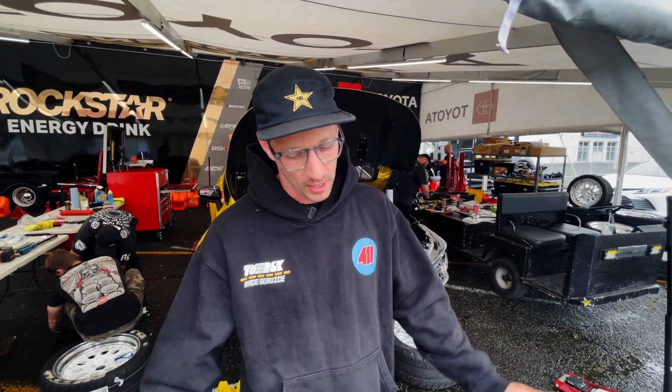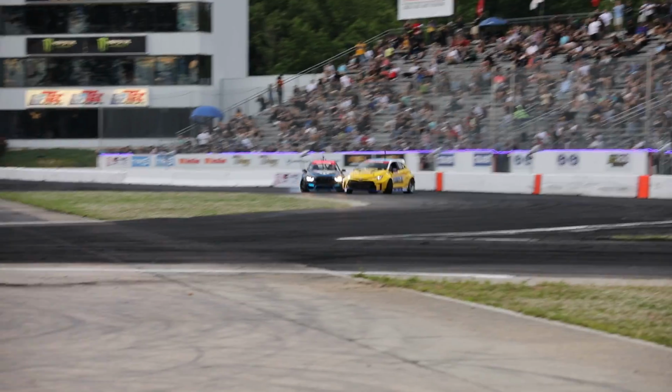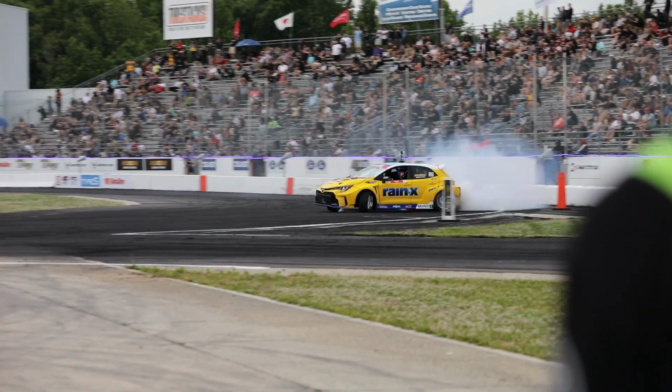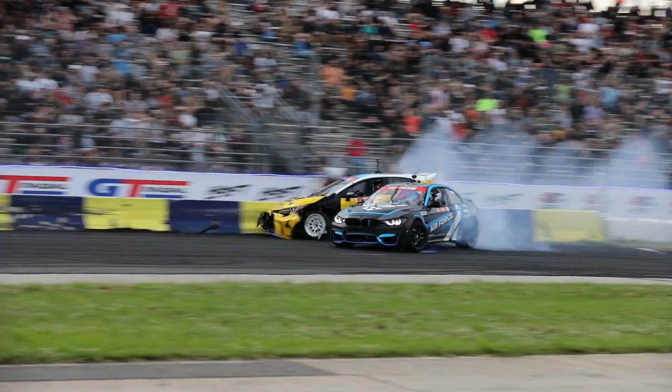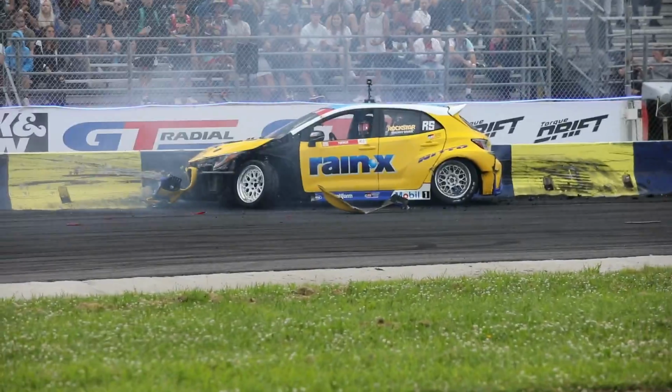So I got my bell rung yesterday pretty good. We had an awesome top 32 battle with Jaeger and moved on. Then we're up against Brandon Sorensen for top 16. On my lead lap, I barely made it through my first transition, and then he came barreling into the side of us and pile drove us into the wall. Extensive damage, all 4 corners of the Corolla, unfortunately, and we weren't able to get it fixed in 15 minutes just because there's too many parts that now need to be replaced. So that was the end of our